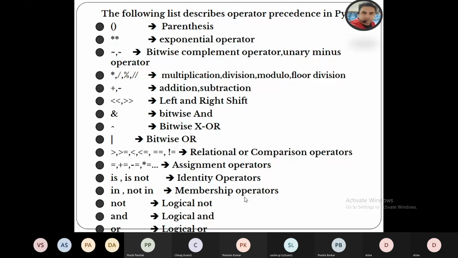So keep in mind that if operators are on the same priority, we move from left to right, but only the exponentiation operator moves from right to left if we have more than one exponentiation operator, right?